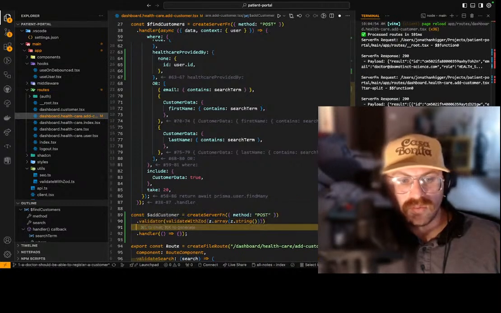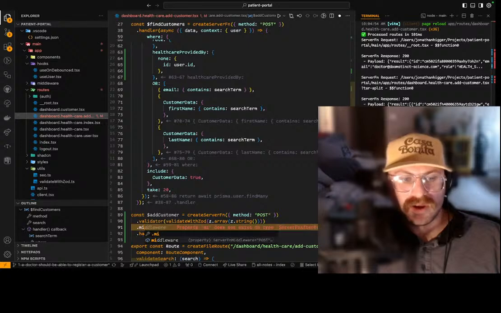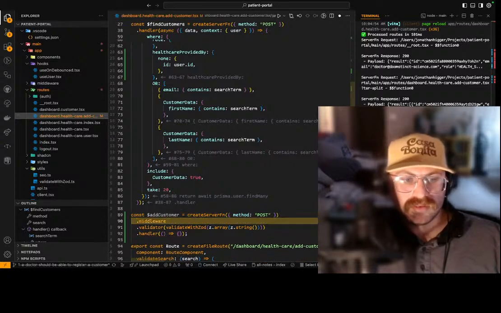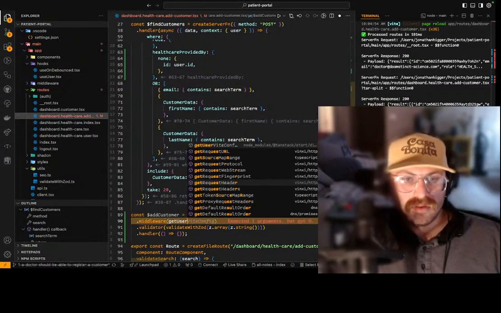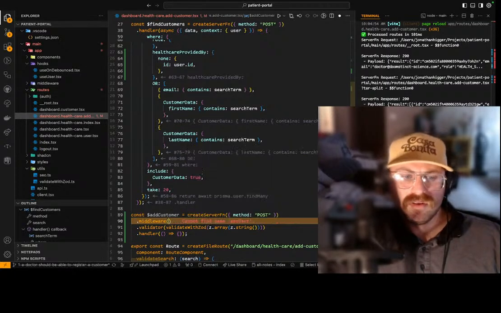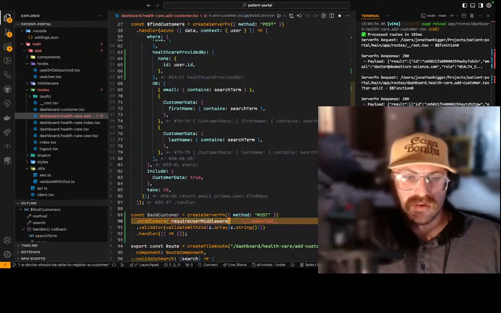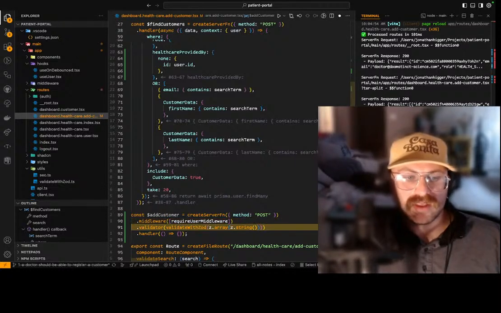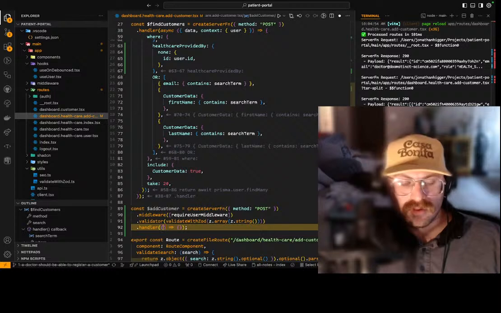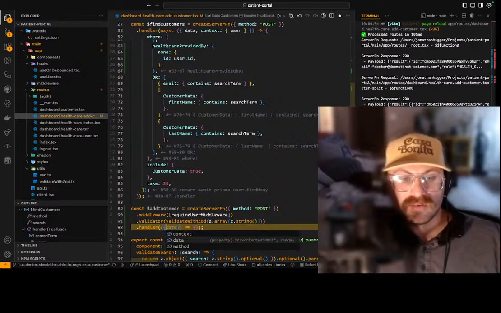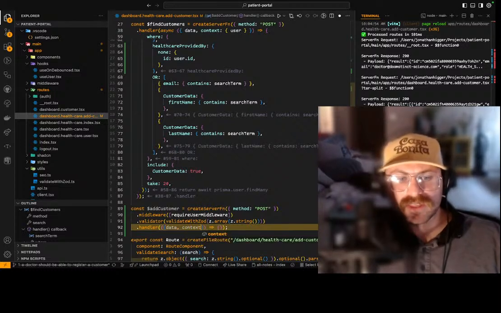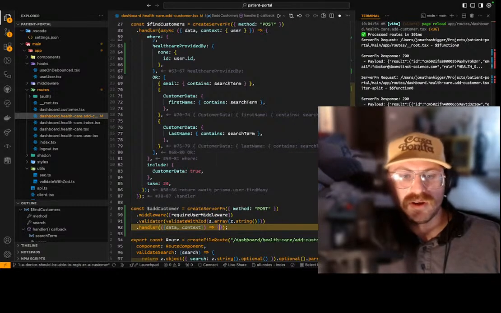And we're going to get the middleware. So I might do this. Get user middleware, require user middleware. You can have different middlewares, which is why that's an array. We're going to take this data. We're going to get the context. And we're going to return